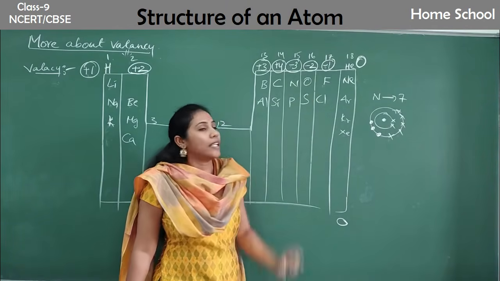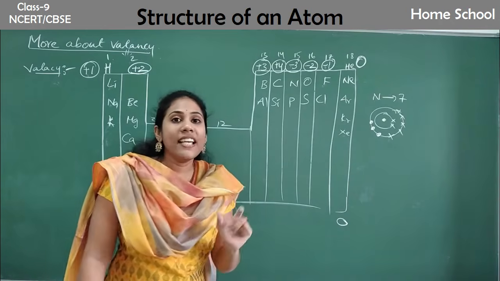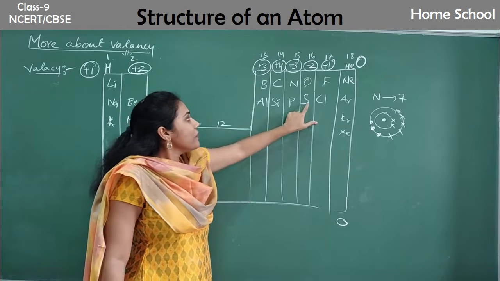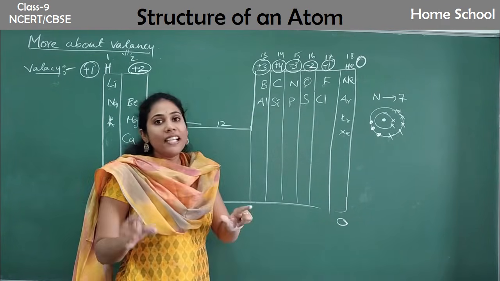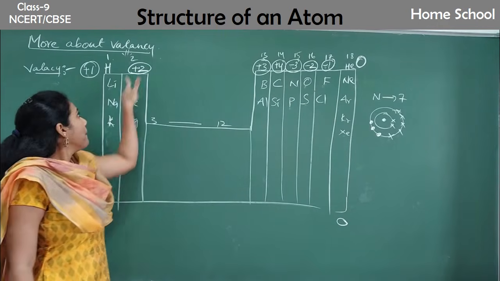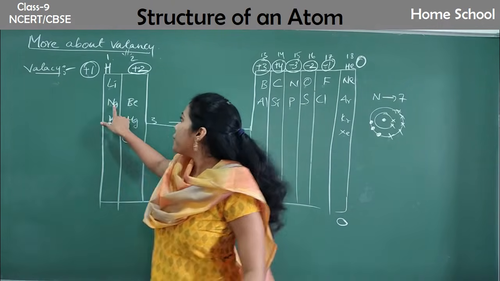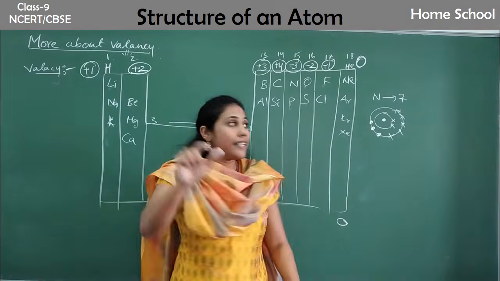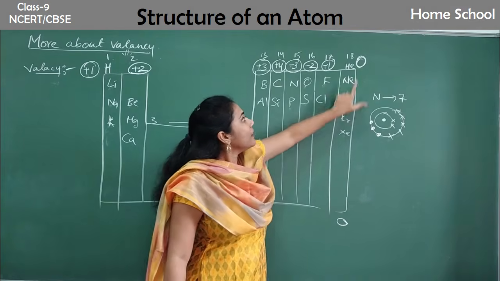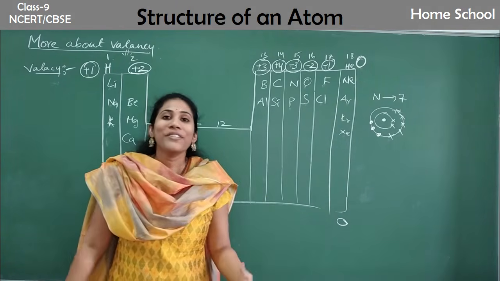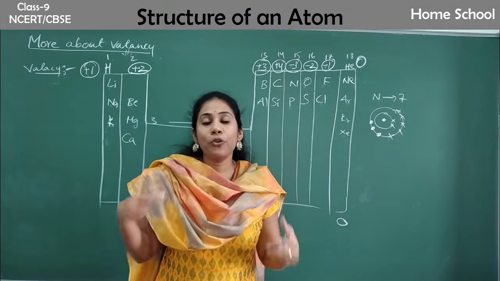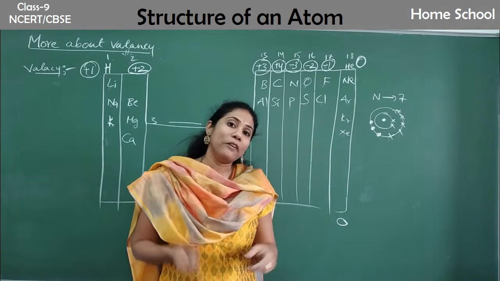How many electrons will they take? 1. So -1. Right? So whenever I ask you what is the valency of oxygen, it is -2. What is the valency of sulfur? -2. What is the valency of phosphorus? -3. What is the valency of magnesium? +2. What is the valency of sodium? +1. What is the valency of chlorine? -1. What is the valency of argon? 0. So if you can remember this much, I think this is more than enough for your level to remember about valency.